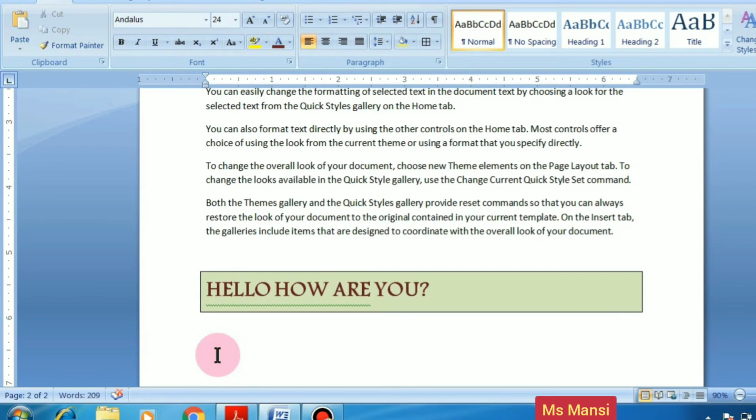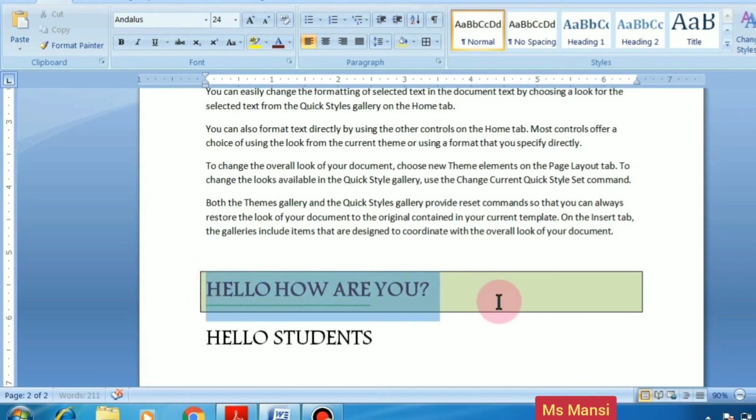Now I am again writing some text here: Hello students. So what is Format Painter? If I want to apply the same formatting which I have applied on this text to this text, then I use Format Painter. What I have to do is select this text, and then in the Home tab, in the Clipboard group, there is one option, Format Painter.